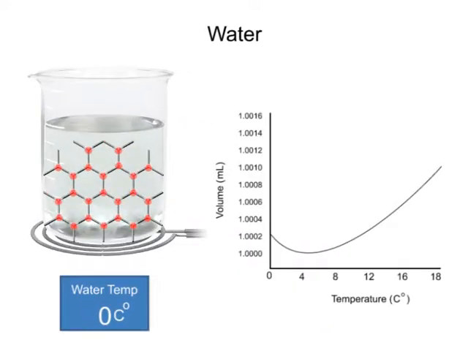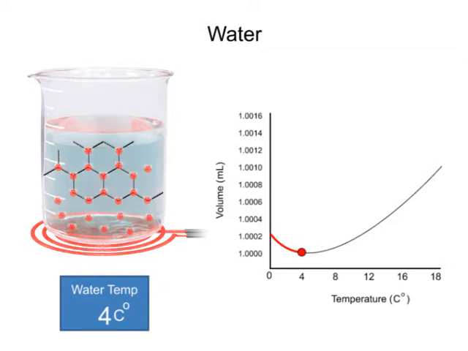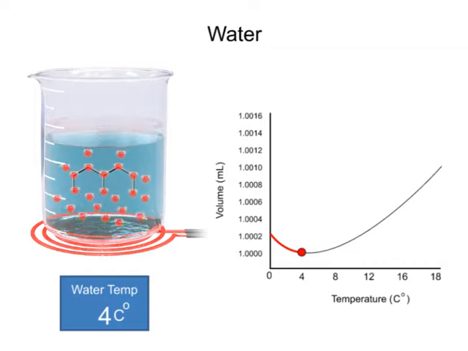As ice is heated from 0 to 4 degrees Celsius, it begins to thaw. However, because melting is not an instantaneous process, the water molecules transforming from the crystalline state to a liquid are decreasing in overall volume, while the water molecules absorbing heat in the liquid form are increasingly more active, which increases volume. However, because the collapse of ice crystals dominates these two opposing processes, the net effect is a decrease in